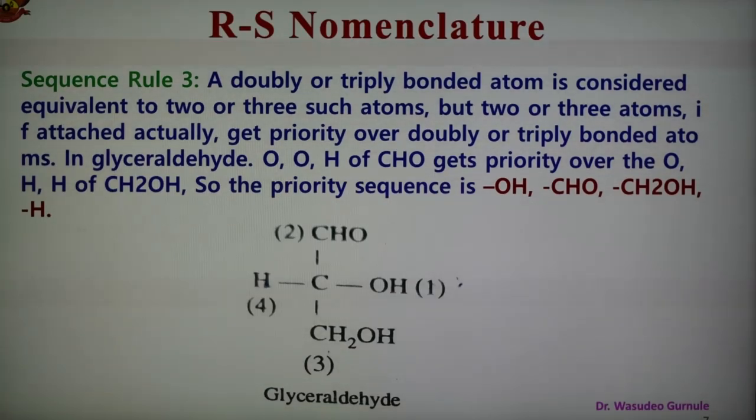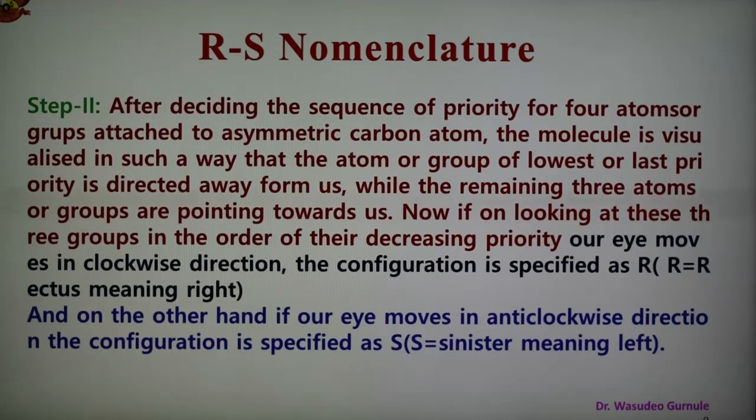So in this way three sequence rules are there and priority order can be decided, and based on this priority order, once we know, then whether the configuration is R or S can be decided. So this is given in step number 2. Step 1 consists of 3 sequence rules, and step 2 comes after deciding the sequence of priority of the